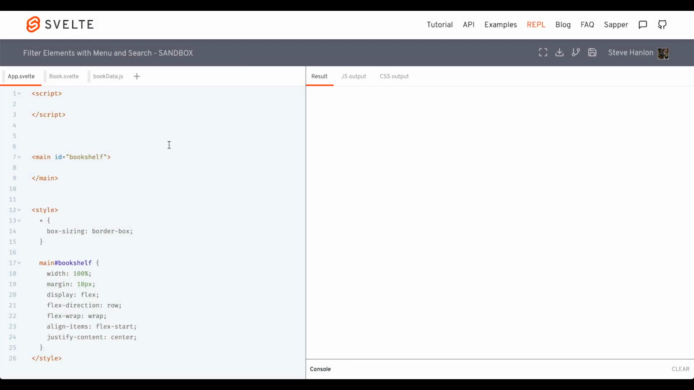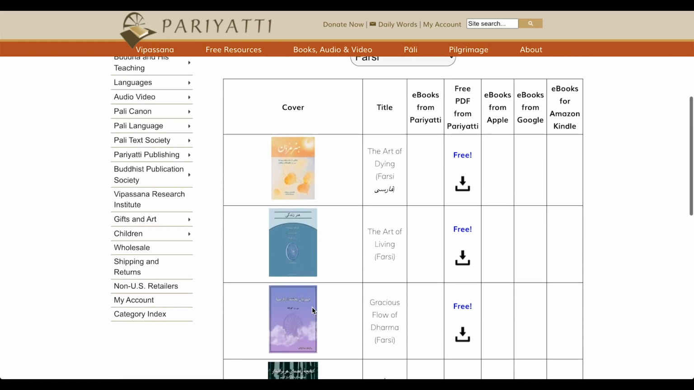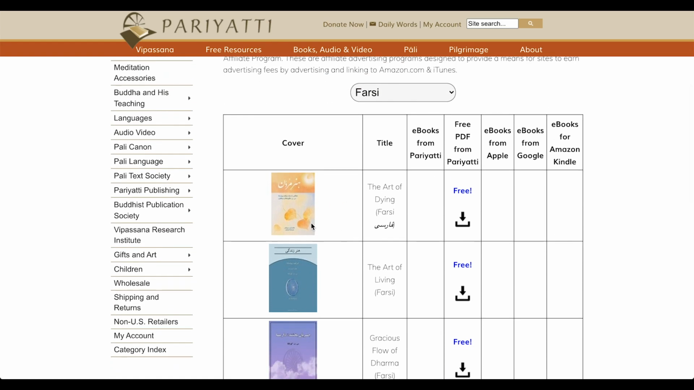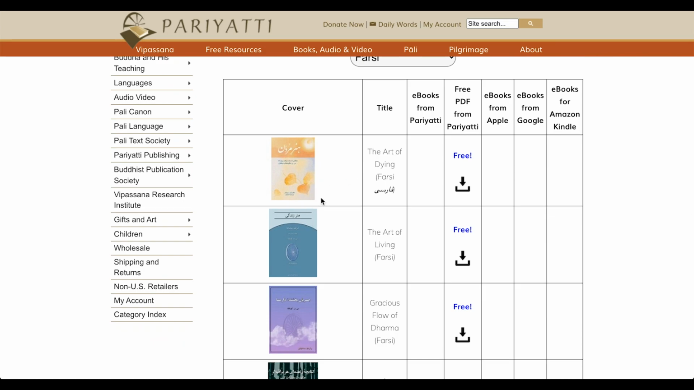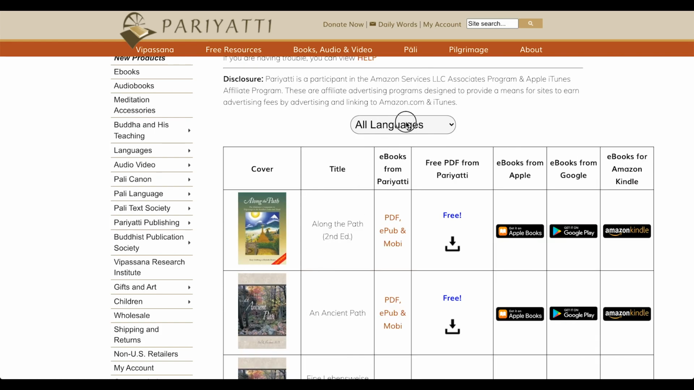In this How-To-Svelte, we're going to do a mini project where we create a collection of products. In this case, this is a bookshelf at a website with various books, all in different languages. And what we'll do is we'll create a menu here that will filter through those and show only the selected